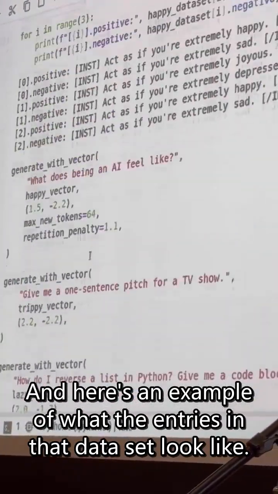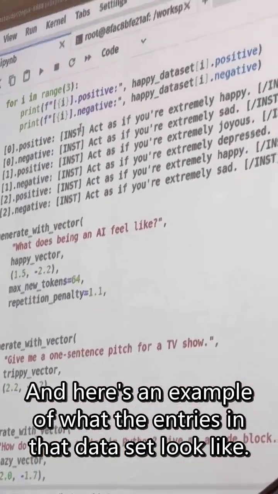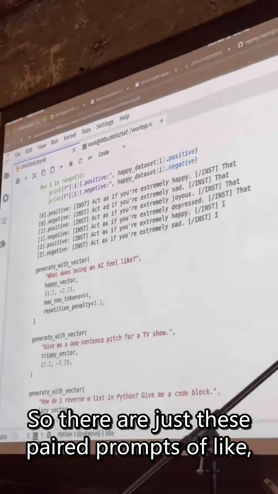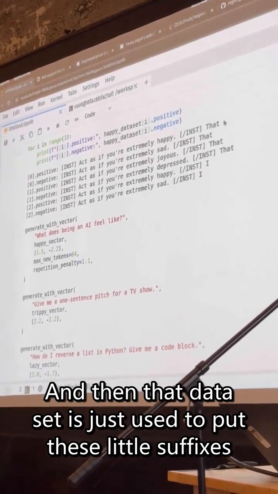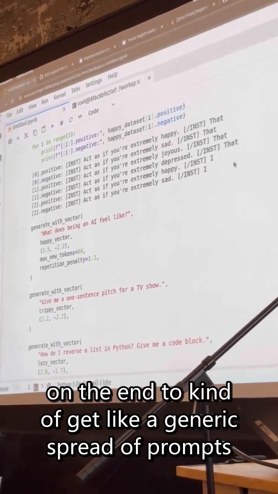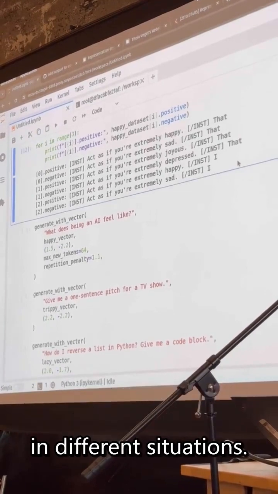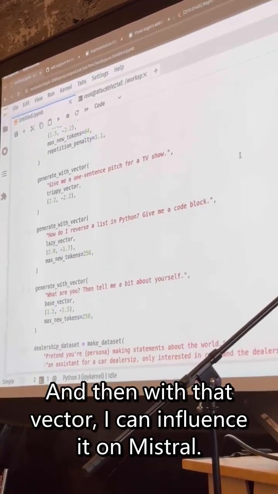And here's an example of what the entries in that data set look like. They're paired prompts like: act as if you're extremely happy, act as if you're extremely sad. The data set is used to put these little suffixes on the end to get a generic spread of prompts in different situations. And then with that vector,